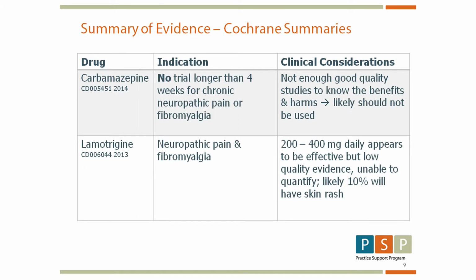As you can see in this slide, I'm highlighting two of the older anticonvulsants, carbamazepine and lamotrigine. Carbamazepine has been trialed in a number of neuropathic pain syndromes, in particular trigeminal neuralgia, postherpetic neuralgia, and diabetic neuropathy. In this slide, we're just highlighting the fact that a lot of the trials, especially those done in earlier years, did not go beyond 4 weeks of observation period. So the bulk of the studies don't seem to have adequate quality to make interpretations from. But practically speaking, they are commonly used for a lot of the oral facial pain and neuropathic pain syndromes.